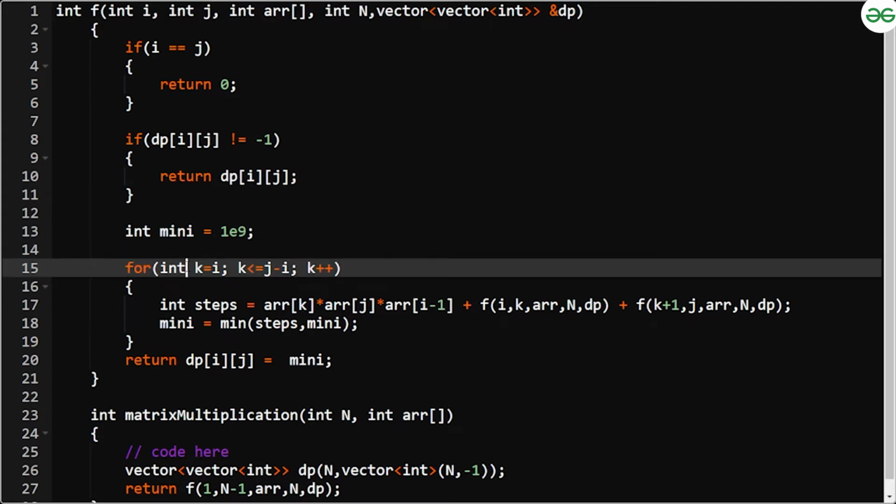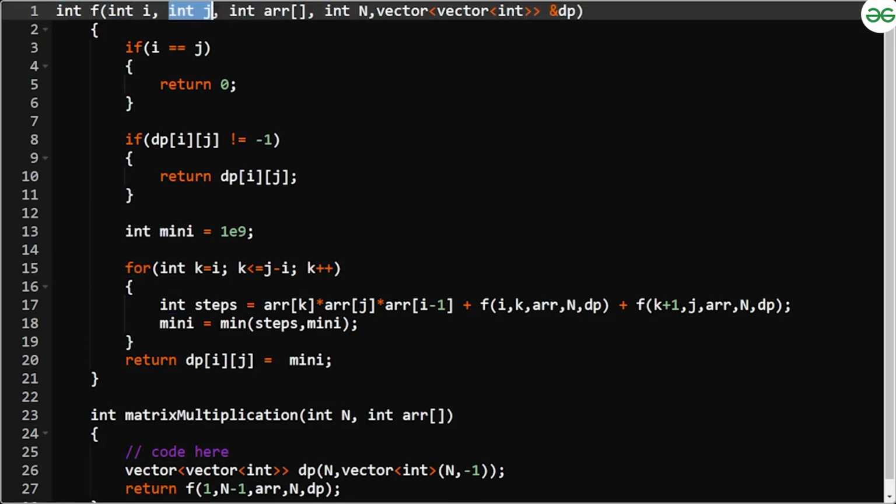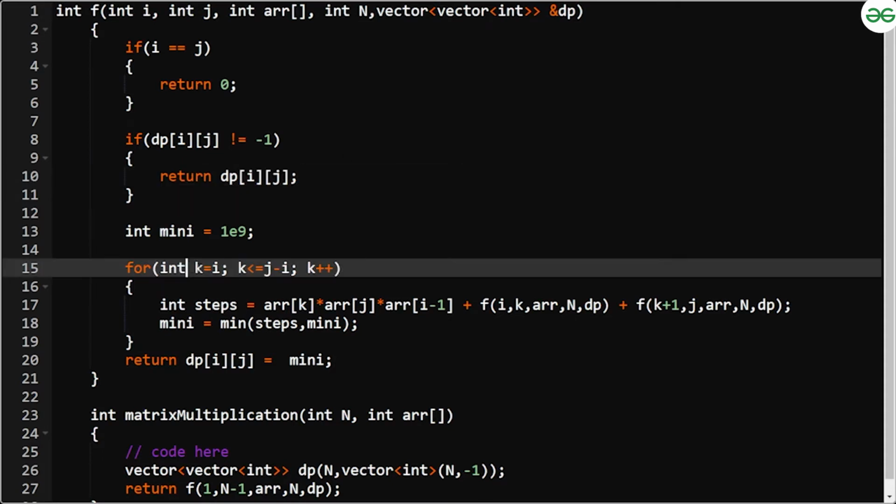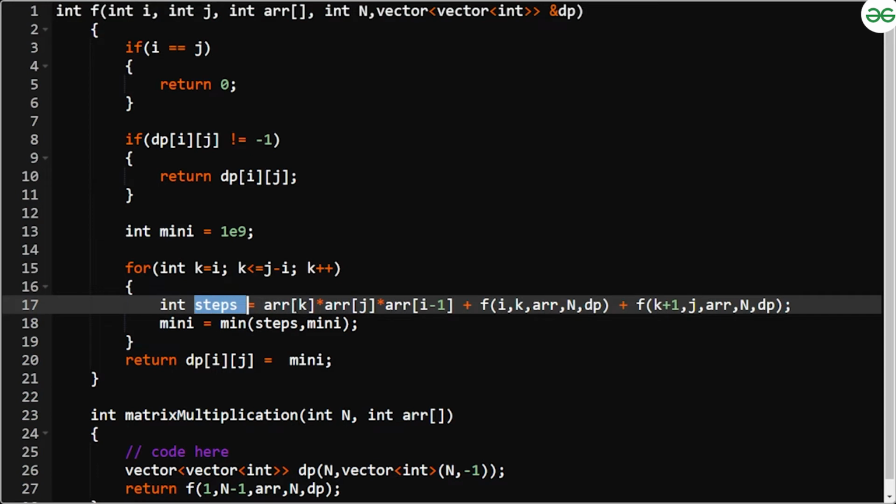Then we will try to partition it at every step. So I am starting from I and ending at J. Suppose I've been given a matrix A, B, C, D. I'll try to partition it at every step. So I'll start at K equal to I and K less than or equal to J minus 1, K plus plus. Then the number of steps at that particular point would be nothing but the left part